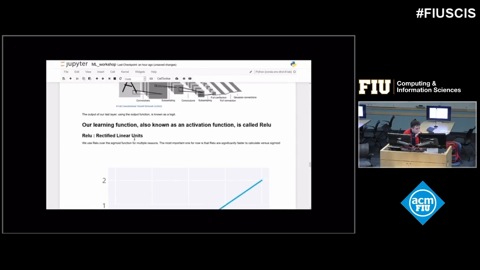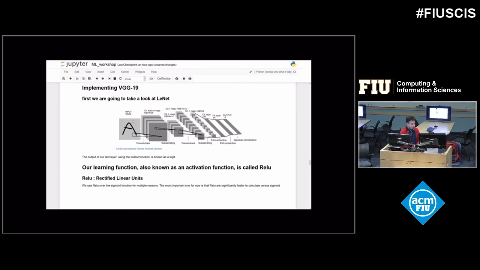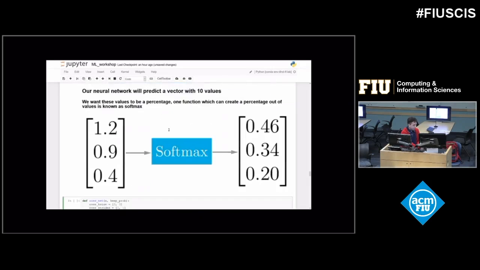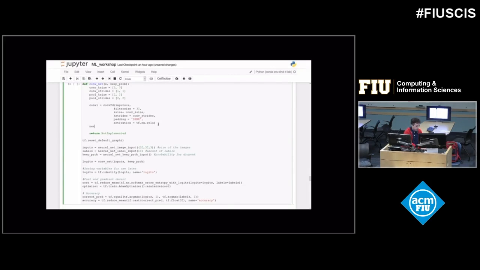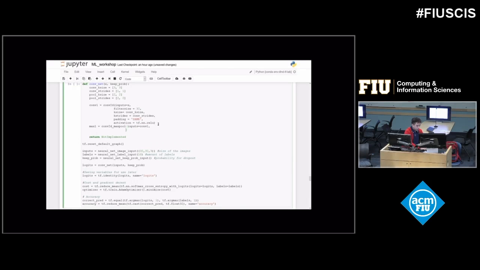So following this model, what we do first is we take a convolution on the image, and then we do some subsampling. So after I do my convolution, I'm going to take a max pool. I'm going to pass in the convolution I just calculated. The size that I'm going to take is the same as I have here.